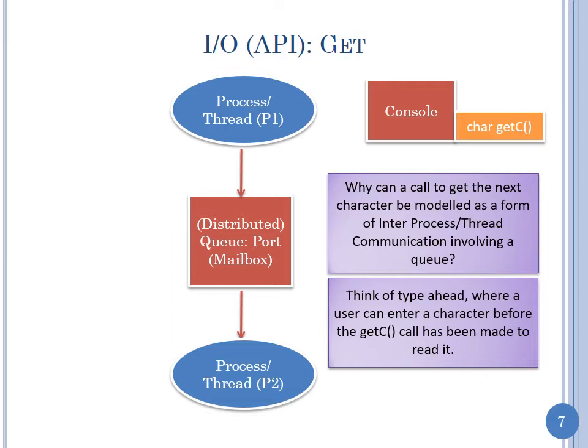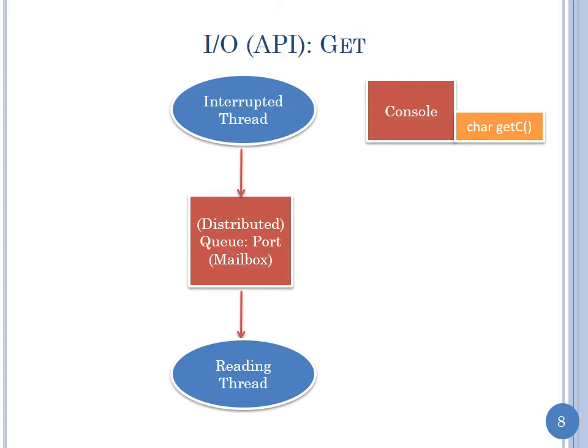Where's the queue here, and why is getC similar to doing port communication? Okay, so raise your hands. As we saw, as you guys mentioned, there is essentially a user communicating with the CPU, if you will. The user can get ahead of the CPU, so we need to buffer the characters. That's why we need a queue, and for this to be strictly a producer-consumer problem, we need multiple